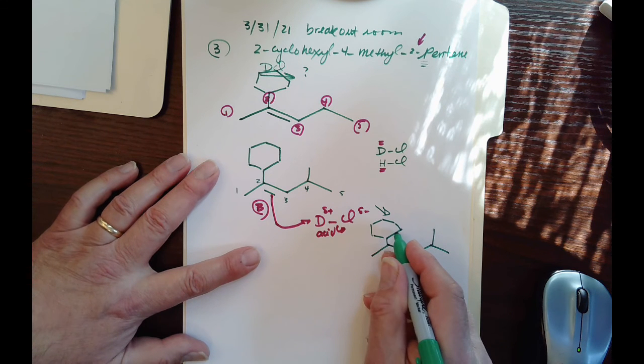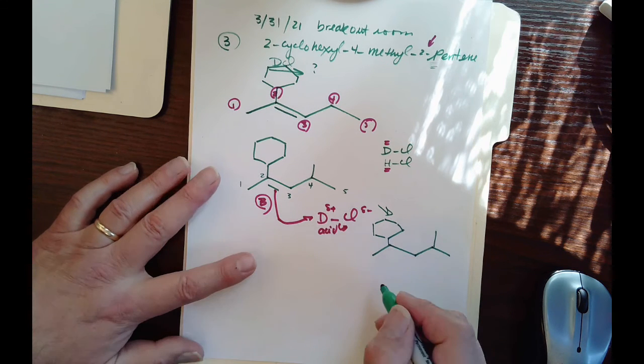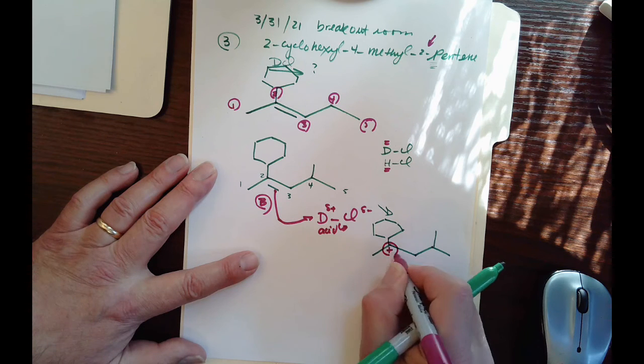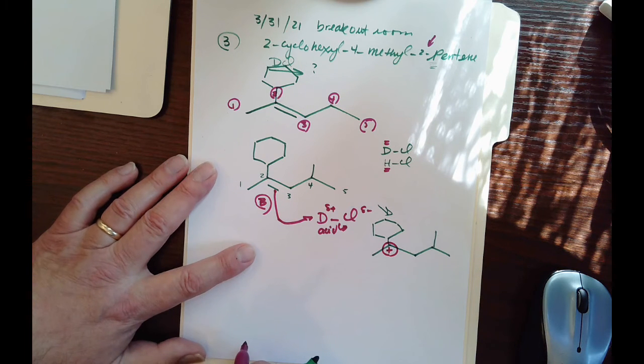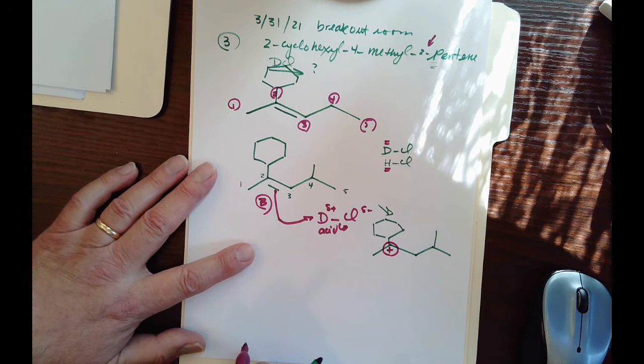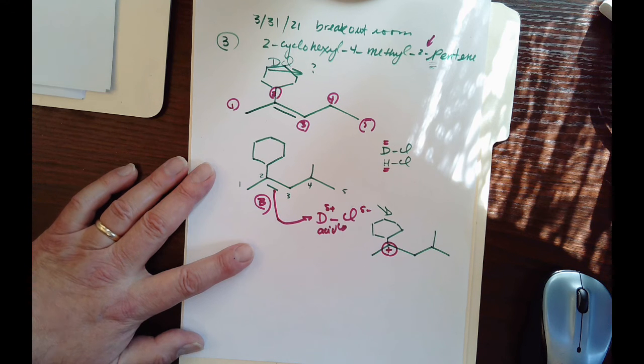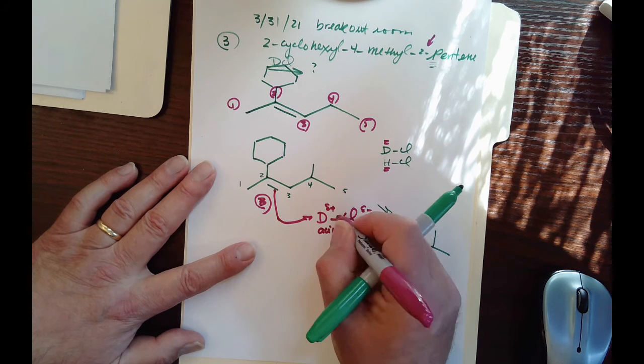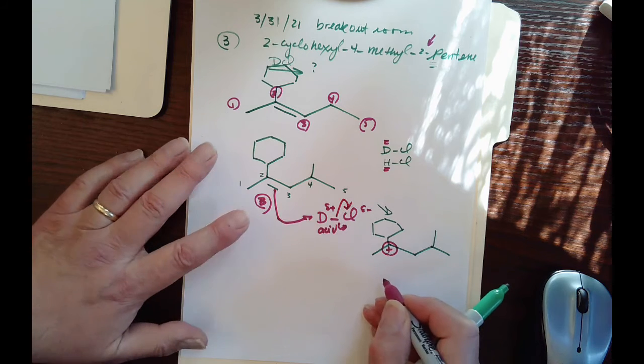Again, my cyclohexane is a little bit ugly looking, but you realize it. So now I have a carbocation here, and the carbocation is basically now looking for a nucleophile. The nucleophile is Cl minus here, and I forgot to draw the arrow here. So this Cl minus comes back,